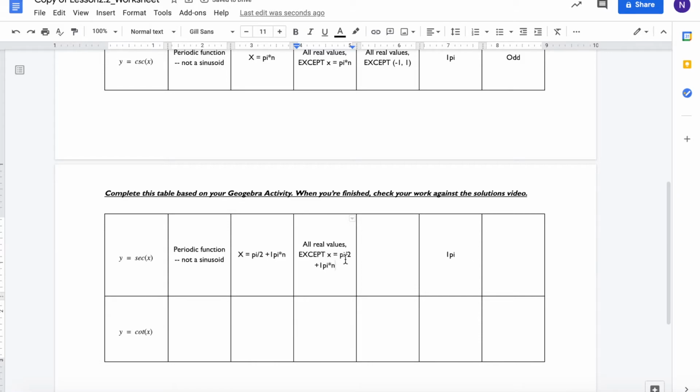And let's try to create some intuition for why we are starting our asymptote formula at pi over 2. Remember that secant of x is the inverse function of cosine of x. And so if we're thinking about when we first have any kind of dip,